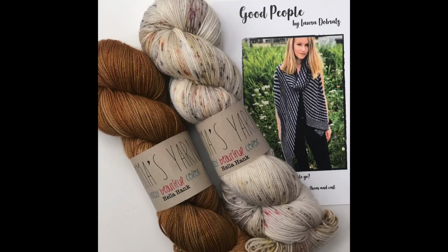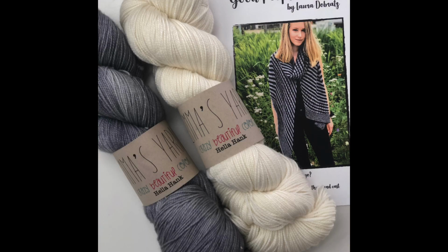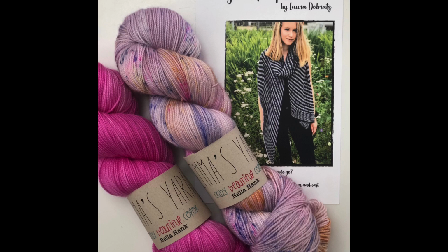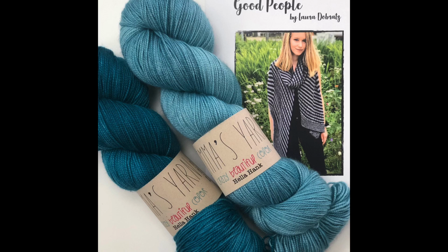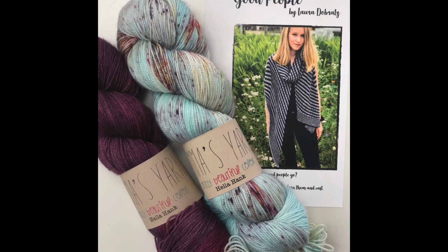With these cool kits, they gave us nine color choices for nine years. Cream City Yarn has been here for nine years. Can you even believe that? It's just a long time. I haven't been here for nine years. You've been here for nine years. We have. So many knitters, standing strong. We're good people, good customers. So we chose